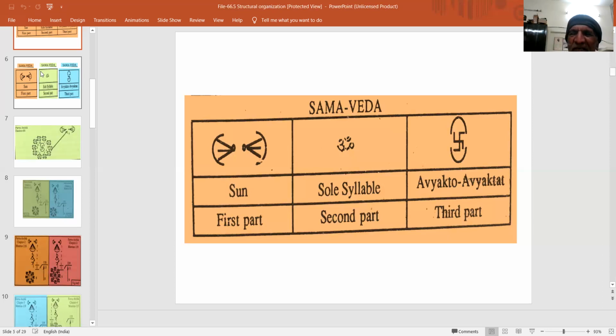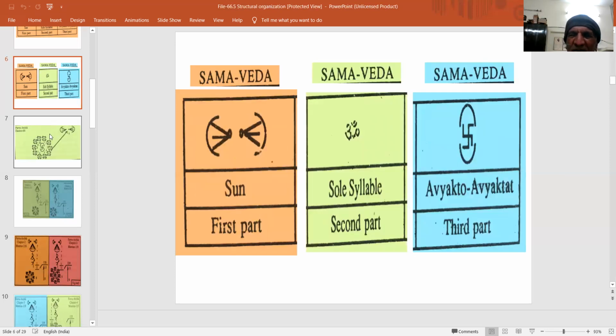So it is from the base of the origin of our space, which is the ultimate unity state. We have to be parallel with it. Let us sit comfortably and let us be parallel with it. Once we will be parallel with it, and once we will be distinctively comprehending the organization of triple phases of sun, soul soluble, and avecto-ektat,